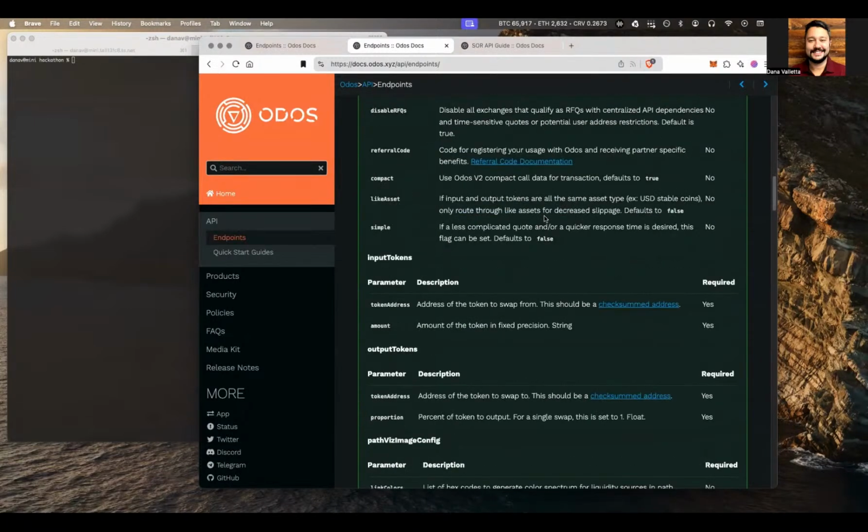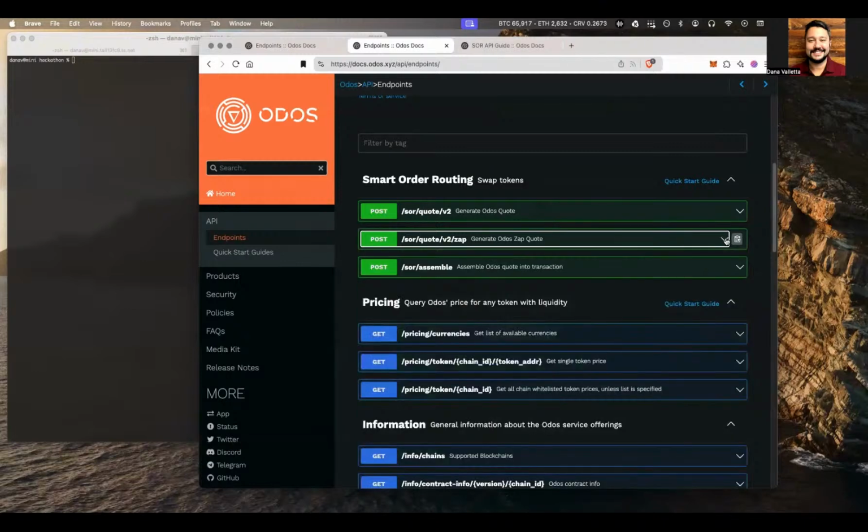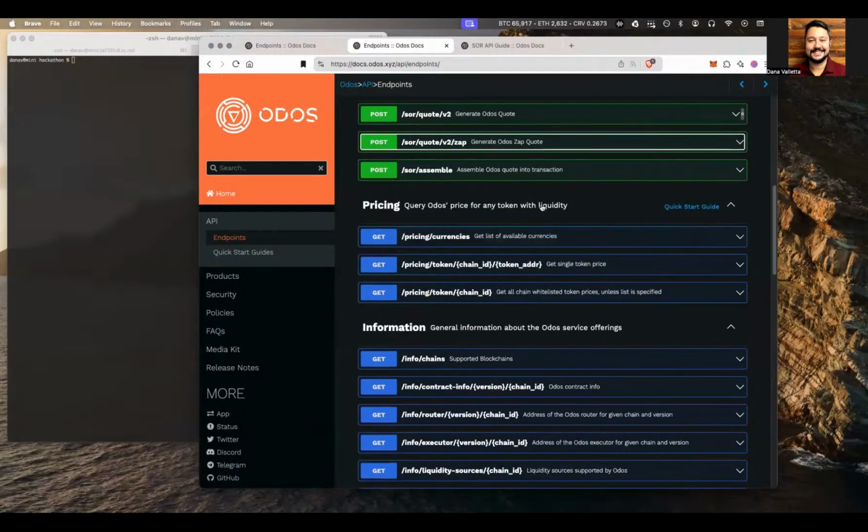So it's the exact same functionality as the other endpoint. It just has that additional feature where you can go in and out of those LPs much easier. But there's nothing really to bring up in this demo here.